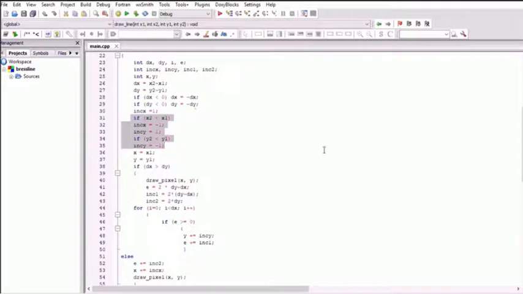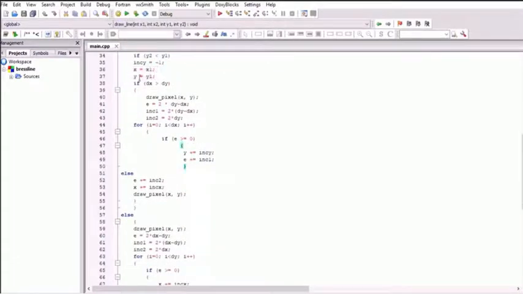That is, if x2 is less than x1, increment x is equal to minus 1, and initialize increment y is equal to 1. Similarly, if y2 is less than y1, increment y is minus 1. Then x is equal to x1, y is equal to y1 is initializing. Now, if dx is greater than dy, that is delta x is greater than dy,